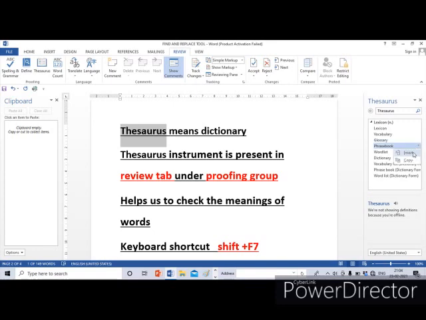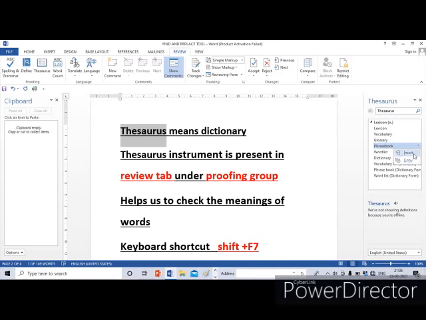See, in the textbook, one more option you can see, lookup. It is not available in my software. So take the mouse pointer over the word that you want to use. A small arrow will appear. Click on this arrow. It will show 3 options, insert, copy and lookup. But in my system, I can see only 2 options, insert and copy.